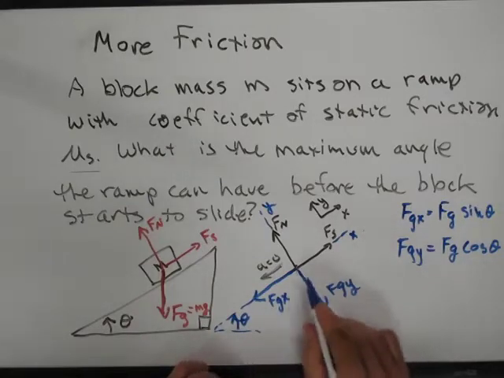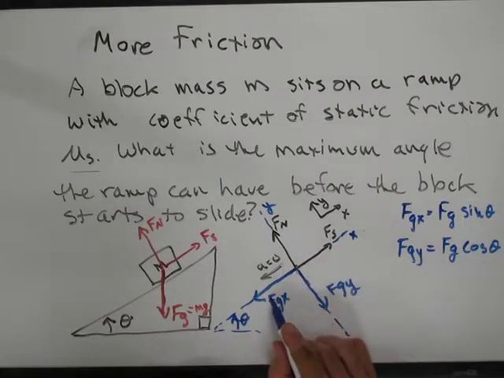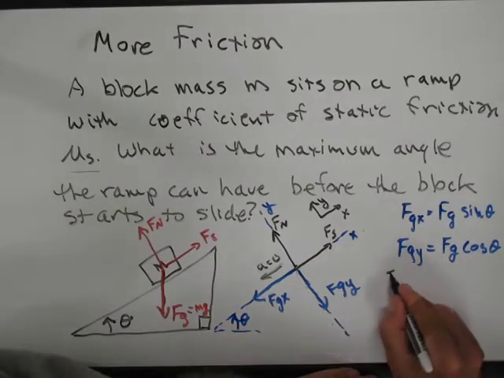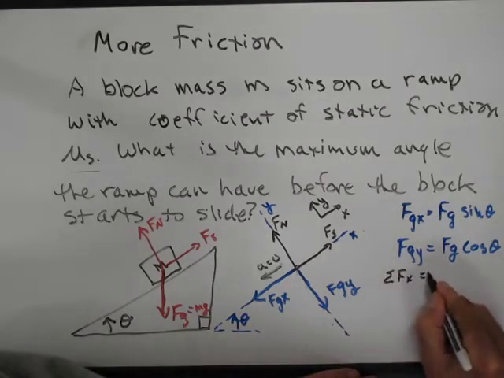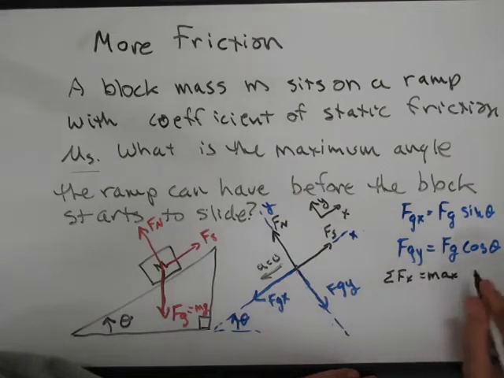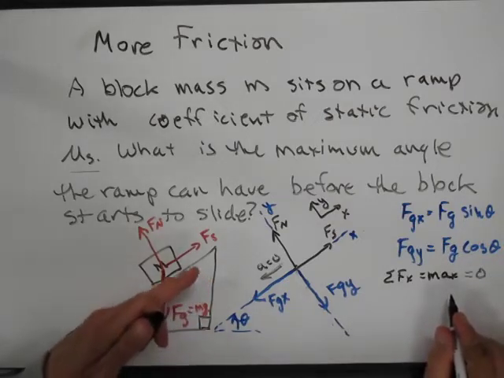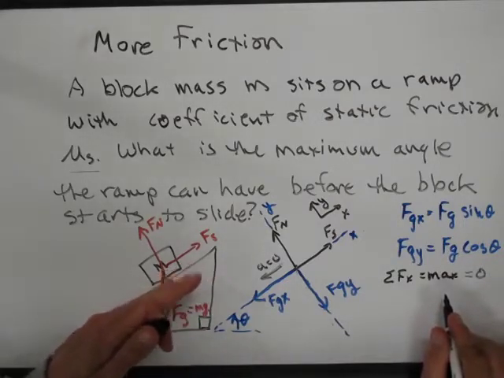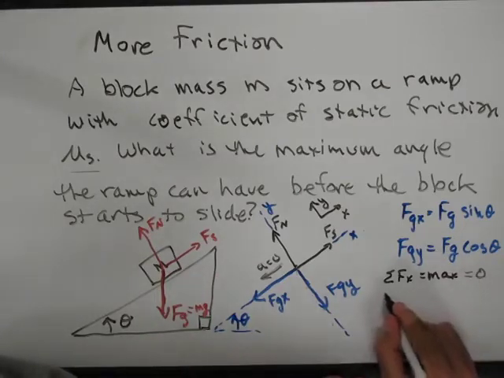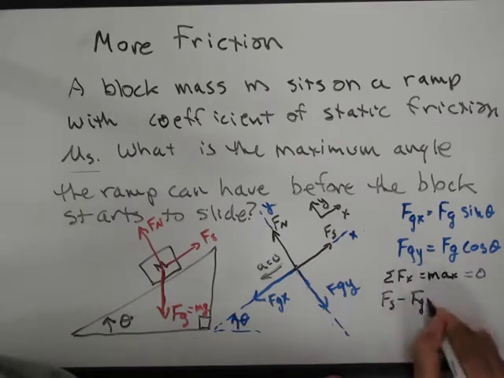Right, and now I have four forces: normal force, static friction, x component of gravity, and y component of gravity. The way you solve these is you do the sum of the forces. So the sum of the forces in the x direction equals m a sub x, and that's going to be 0, because just before it starts to move, it's as high as it can possibly get. That means the force of static friction minus F_gx is equal to 0, or the force of static friction is equal to mg